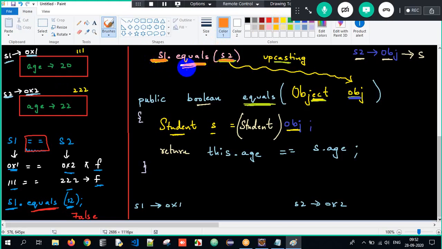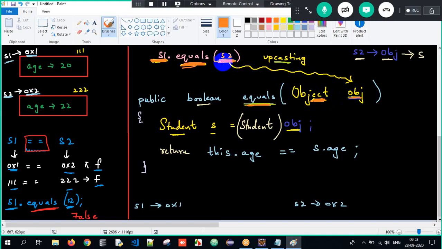S1 is calling the equals method by passing S2. S2 object is getting upcasted to obj. Why? Since the parameter is of object type, I can pass any type of object. Student, employee, person, tester, developer, any type of object I can pass.